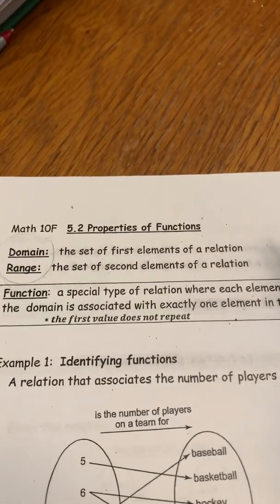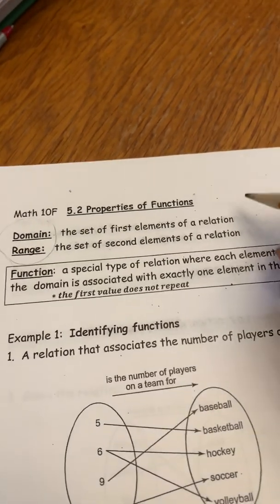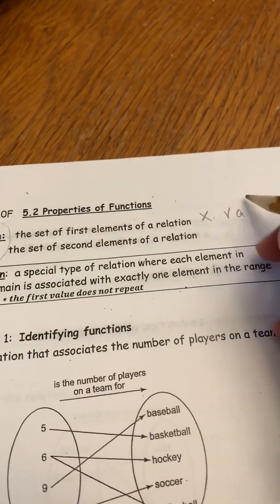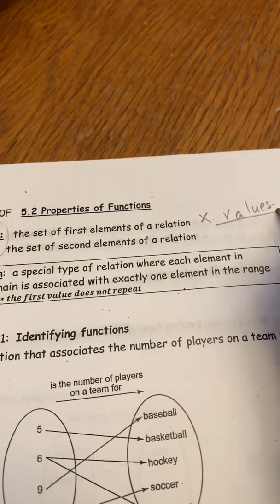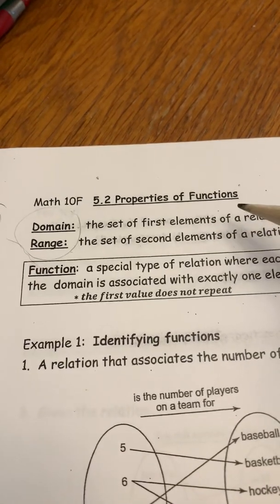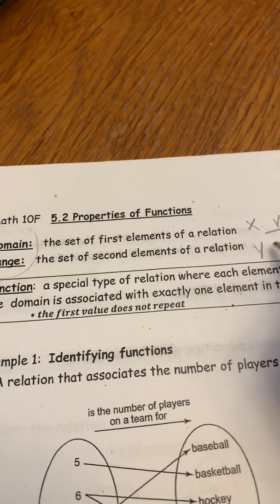Okay, so the domain is the set of first elements of a relation. Blah, blah, blah, right? What that really means is those are the X values. So don't overthink this. This is not that hard, just new words. What's the range? The range is the second set of elements of a relation, so that's going to be our